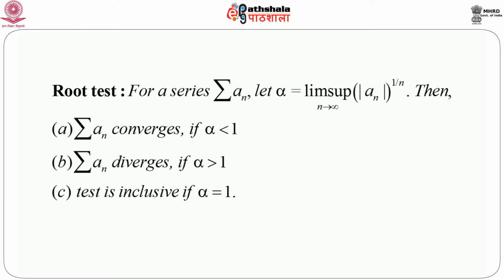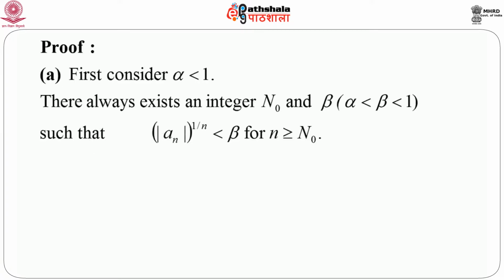However, if alpha less than 1, that will definitely conclude that summation a_n converges. On the other hand, if alpha greater than 1, that is strictly greater than 1, then we can say that summation a_n diverges. Let us prove this theorem. First, consider alpha less than 1. Now, since alpha is the limsup of modulus of a_n whole to the power 1 by n, there always exists an integer capital N and beta where alpha less than beta less than 1 such that